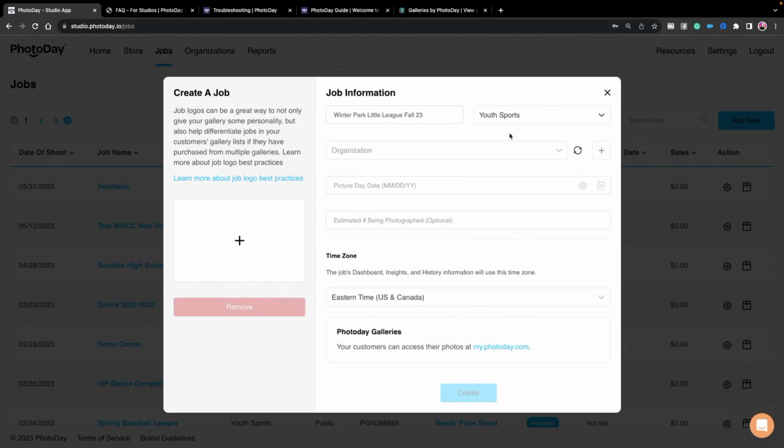If you're doing high school sports or school sports, you would categorize that under school sports, dance schools, miscellaneous events as usual. And then here's where you link the organization. So the way this works in PhotoDay is that there's the organization, and then that organization can have multiple jobs, right? And even if you're doing multiple picture days in one job, you'll want to keep it all in one job to make it a very easy experience for communication and for your customers